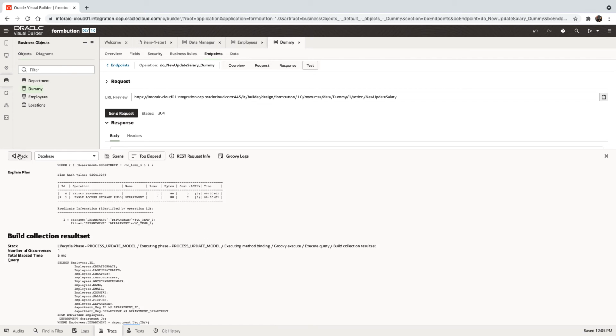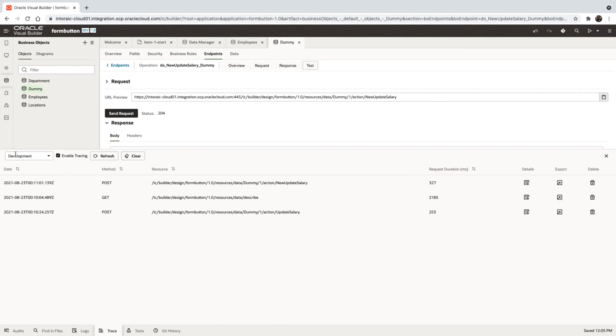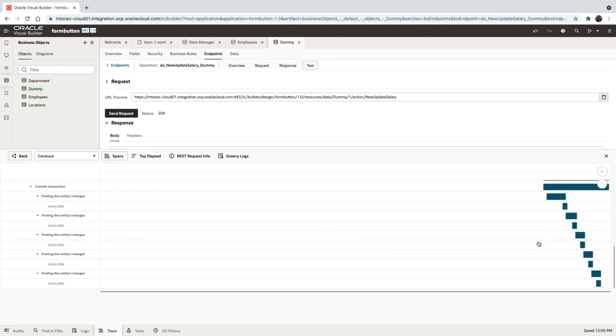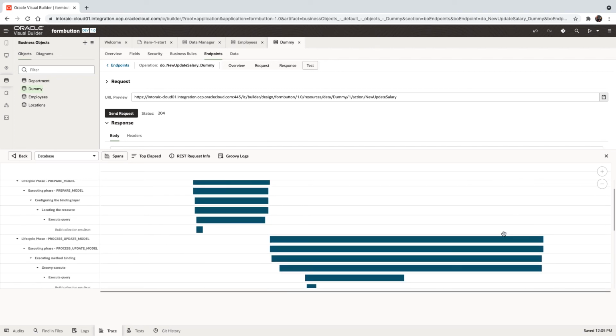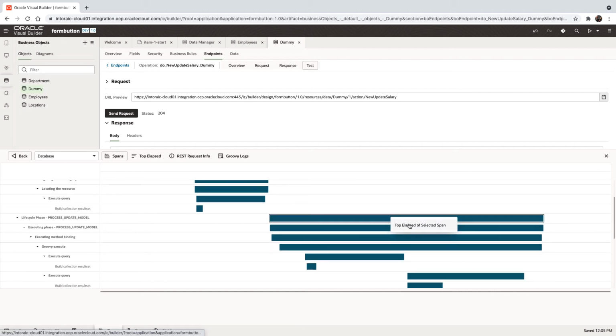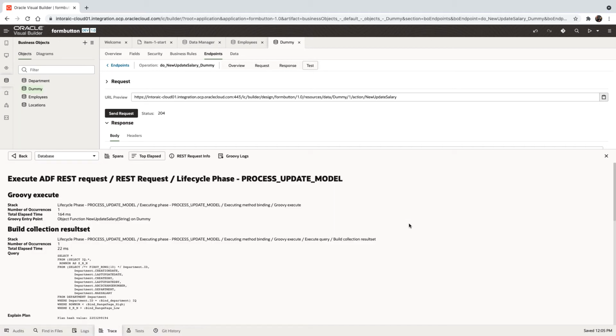Now if we go back to the spans and back over to the other update salary and look at the details here, we'll see the same concept. So you'll see the updates happening over here with the DML, those 5 records being updated. This is the part where we fetch the dummy object, and over here we again have 2 queries. So even though in our Groovy code we seem to have 1 query,